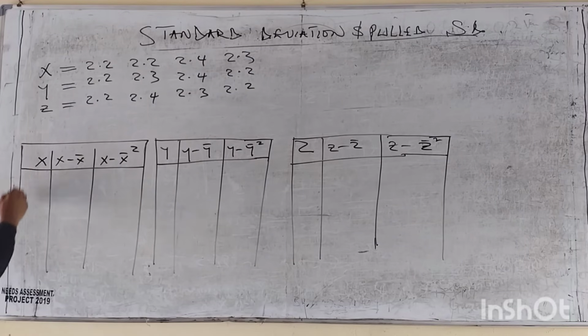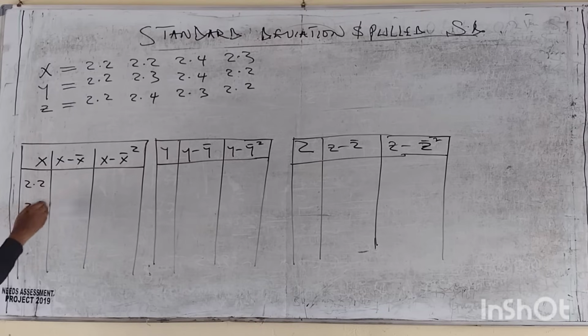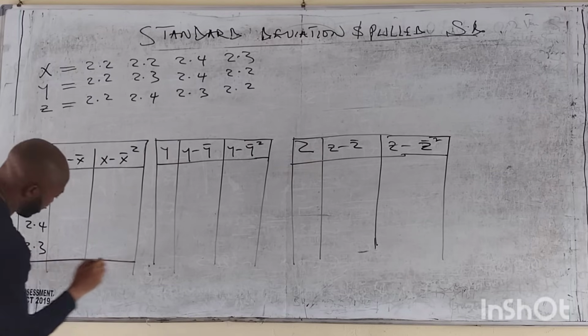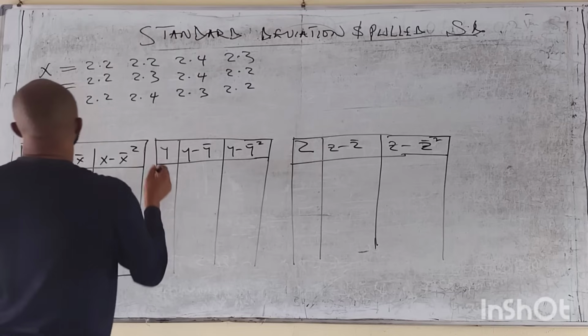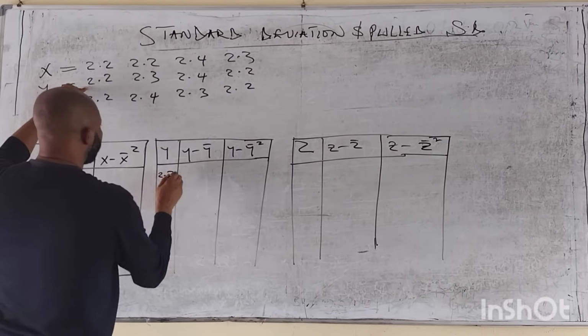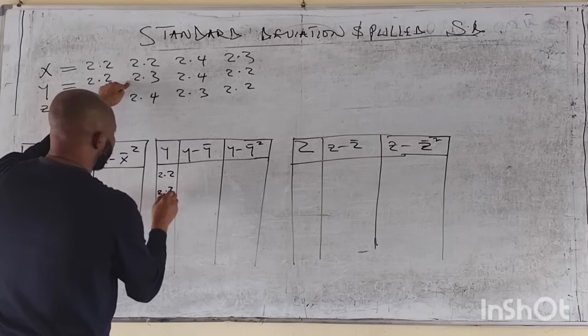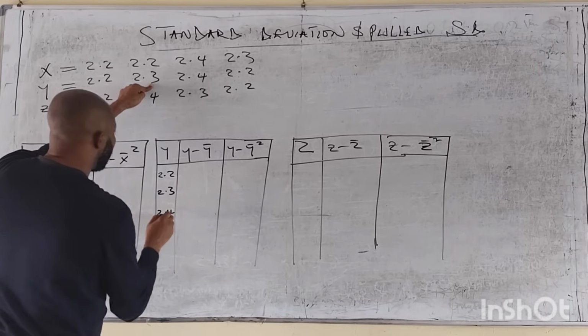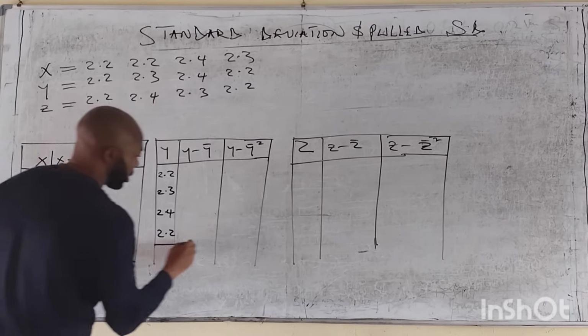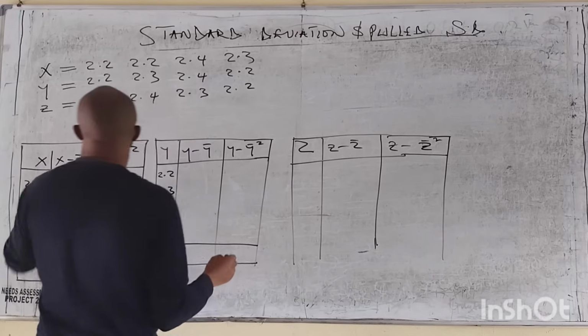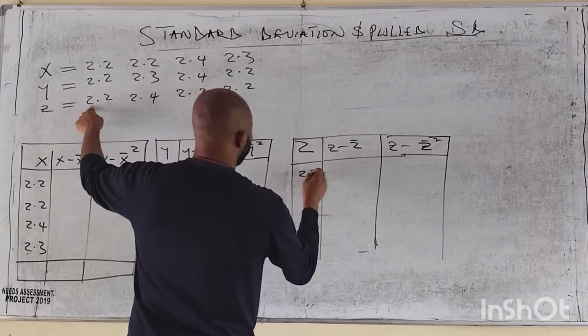I have here 2.2, 2.2, 2.4, 2.3, and the summation. This is where I put my summation. Now y is 2.2, 2.3, 2.4, 2.2. Okay, that's for y. And z is 2.2,